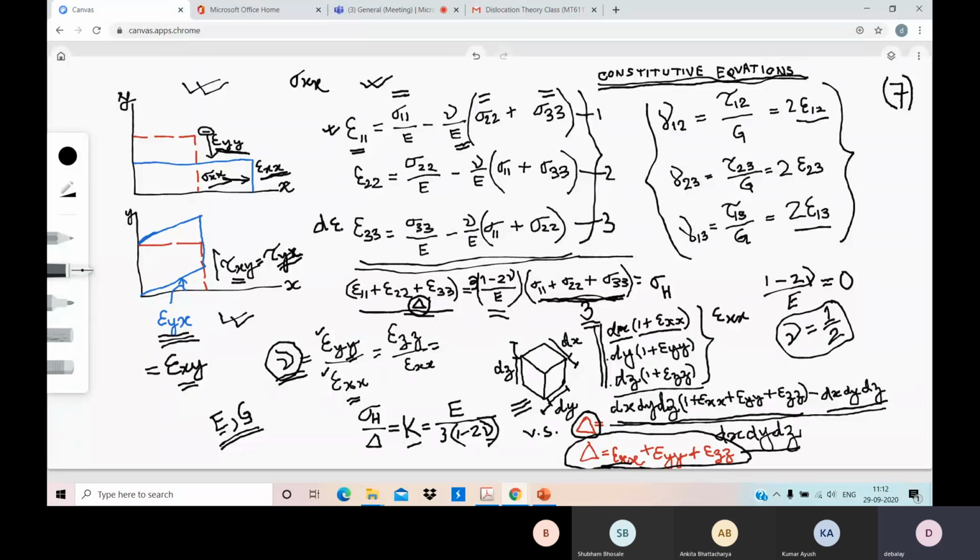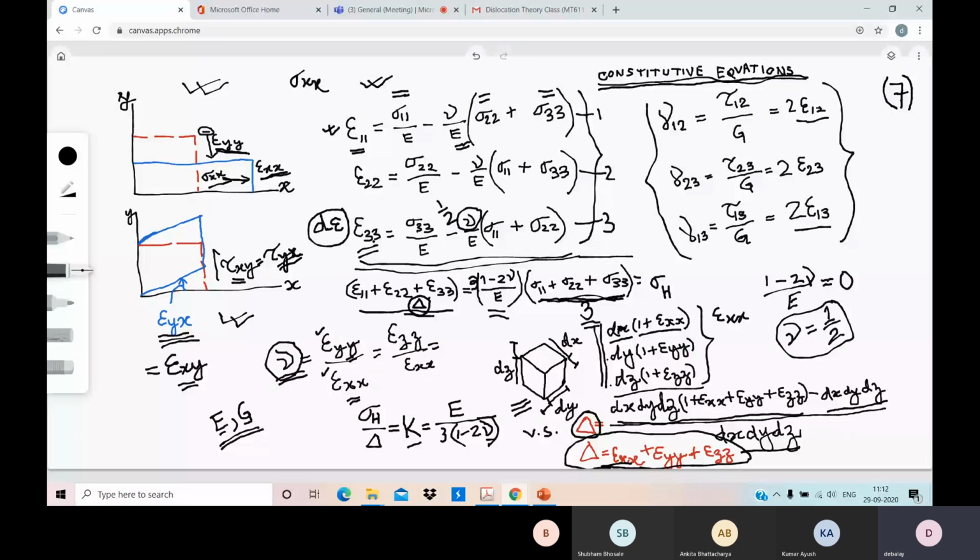The coefficients change a little, effective stress and effective strain value comes, but the basic expression remains the same. So if this term is 0, you can write that sigma 33 equal to sigma 11 plus sigma 22 by 2, because under plastic deformation condition, nu equal to half. For elastic deformation condition, nu value depends on the material. So very similar expressions hold in plastic deformation condition, where for epsilon 33 you have to write d epsilon 33